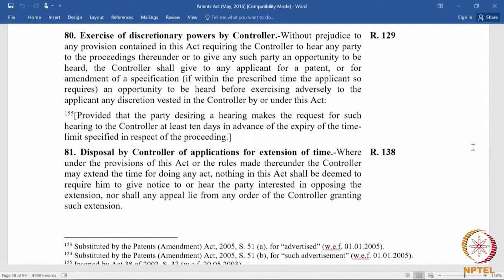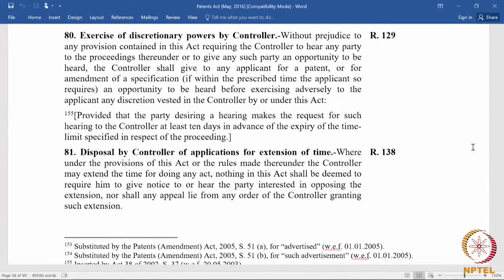Similarly, under section 25(4) post grant opposition, he can either revoke the patent, he can ask for the patent to be amended, or he can allow the patent to continue. He can either maintain the patent, amend the patent, or revoke the patent. Now, in all these instances, the controller is in reality exercising his discretionary power. On the same set of facts, the controller may reject a patent application. On a similar set of facts, the controller can also maintain a patent which has already been granted. Now, the controller will obviously give reasons for doing that, but this is what we understand as